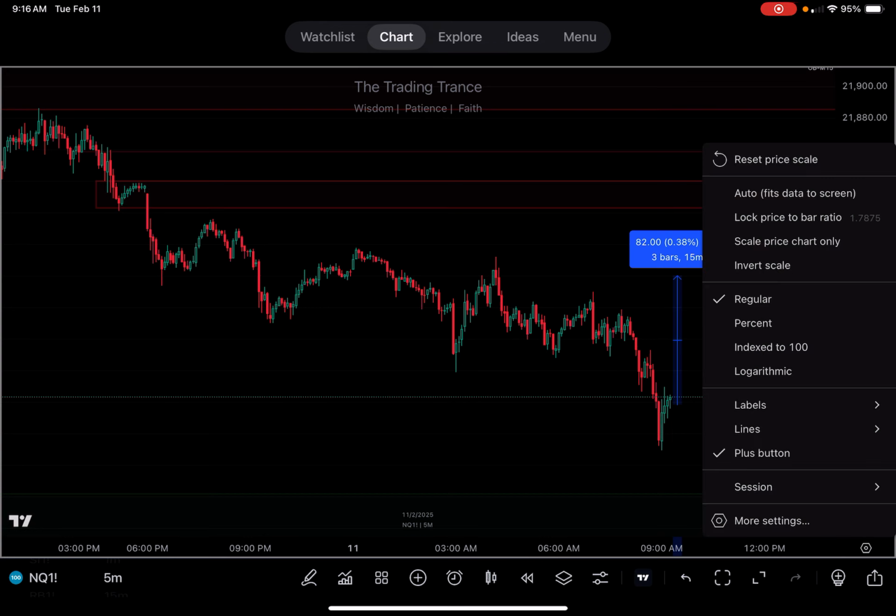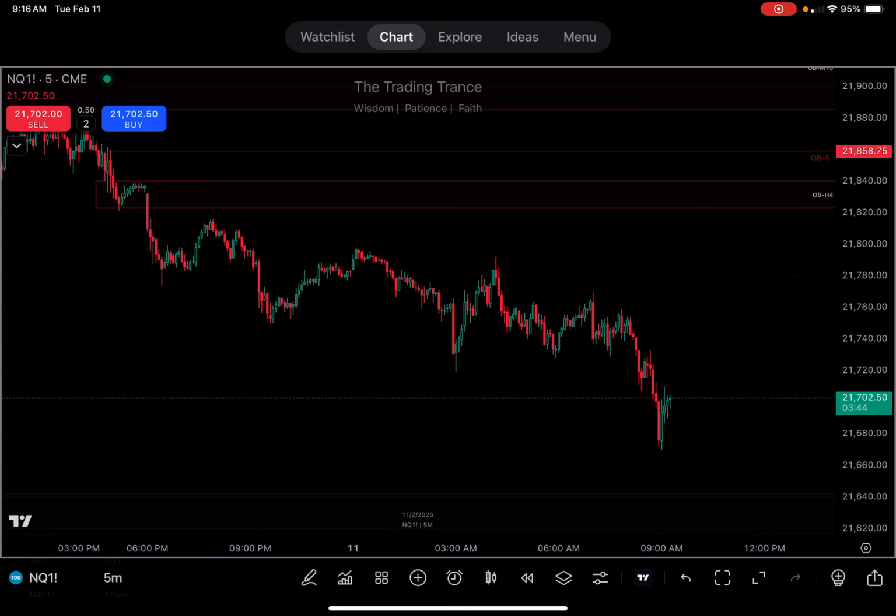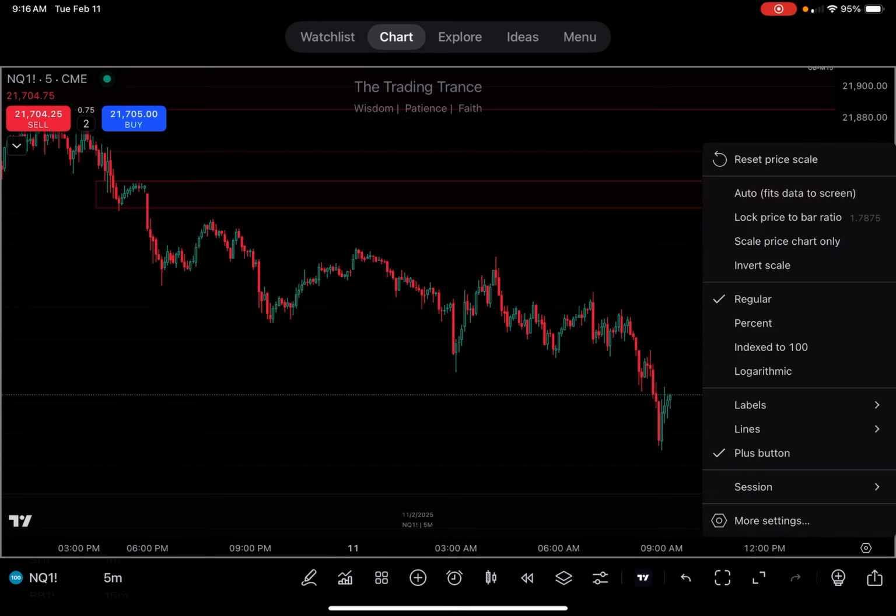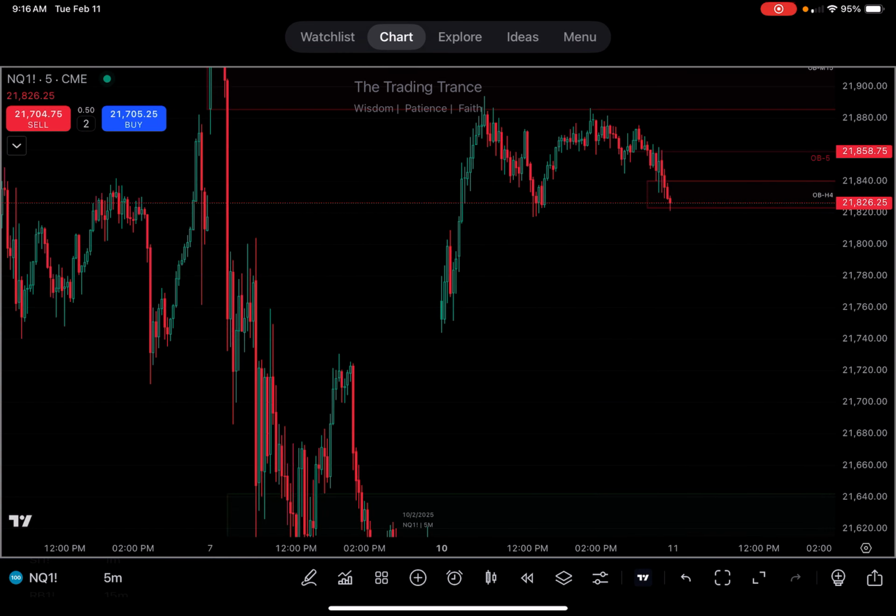Okay, so for the new day opening gap, you have to change your session from electronic trading to regular day trading. And where is that session? So here it is. This will be the last candle when the market closed, New York session PM, like at 4:15 I think. So I marked that off